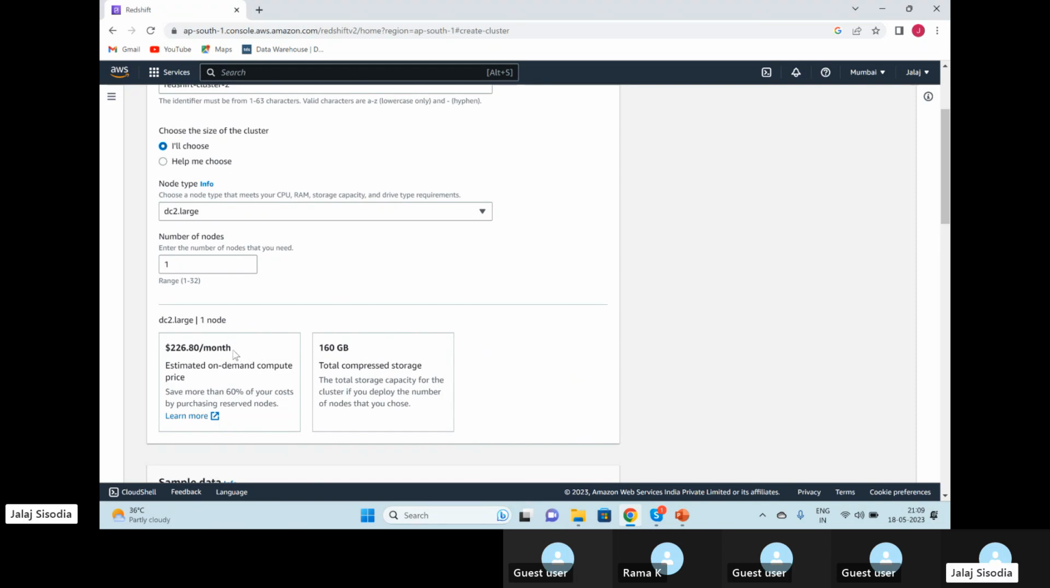Even if you are not in a free tier account, we still have to pay $226 per month. That is also a very good amount. So I will request you, once you are done with the practice, then and there, just go ahead and pause this cluster. Do not wait, and don't ignore this part. Moving ahead,